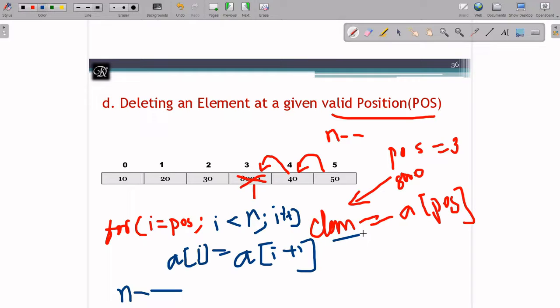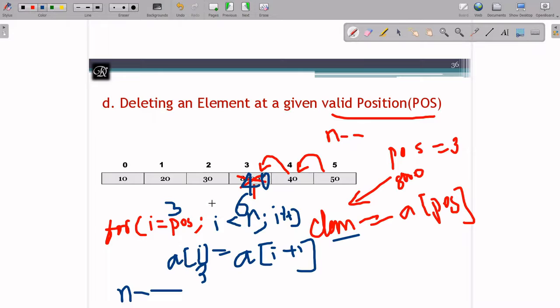So let's check whether this logic works or not. Yeah, now i position is 3 and n is 6. Yes, and i plus plus, let it be 3 is smaller than 6. Yes, it is true, and I'm in. And at the third position I'm getting the fourth position value. Fourth position value is 40. It is overwriting 8000, and 8000 is already stored in element before itself. And now i is increased, i plus plus, it is now